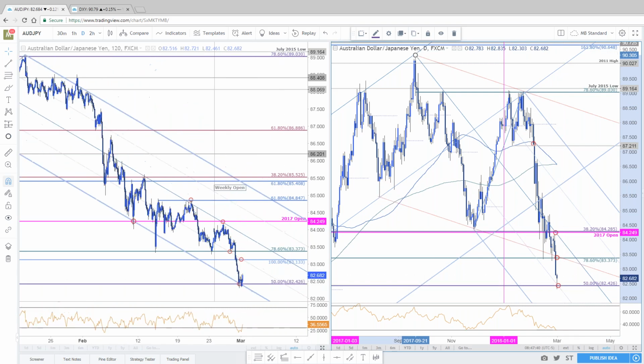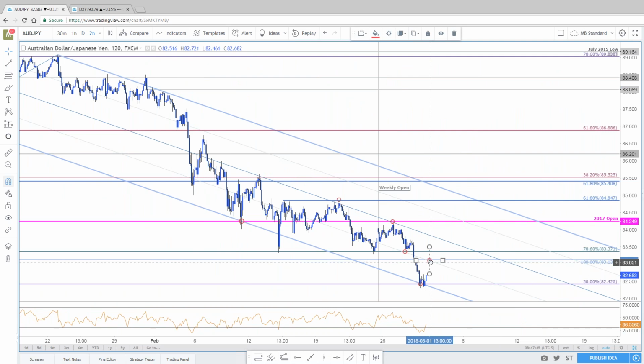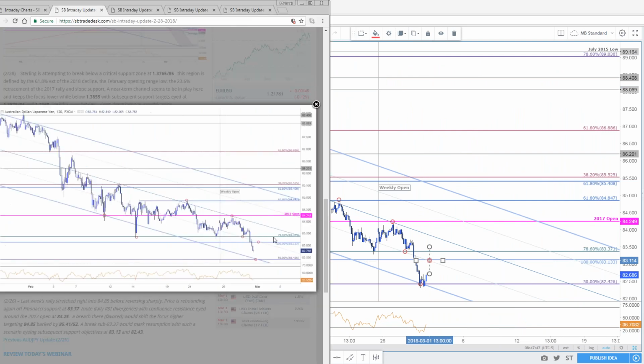So look, you could see a little bit of a rebound here. Obviously initial resistance, the levels remain unchanged from yesterday, guys. So the initial resistance is still going to be at that former 100% extension. That's 83.13. And as long as you stay below the median line, you still have to be bearish on this. This would be our near-term bearish inval, if we break above this parallel right here. Comes in around, what is that, 83.78.